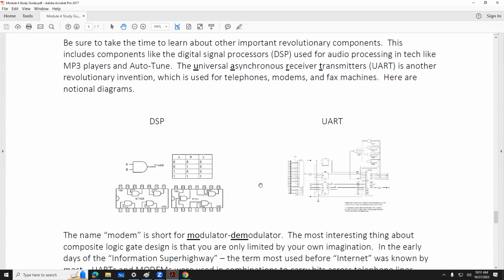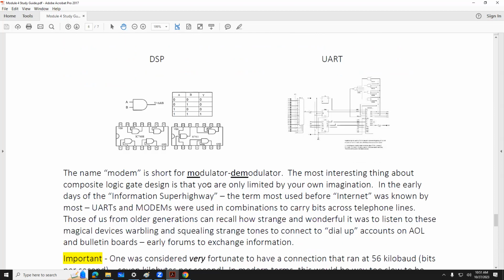DSPs and UARTs combined created a device known as a modem, which was short for modulator demodulator. And this was something that actually worked on a phone line. Now, it pains me to say this, but when I was your age as a student,